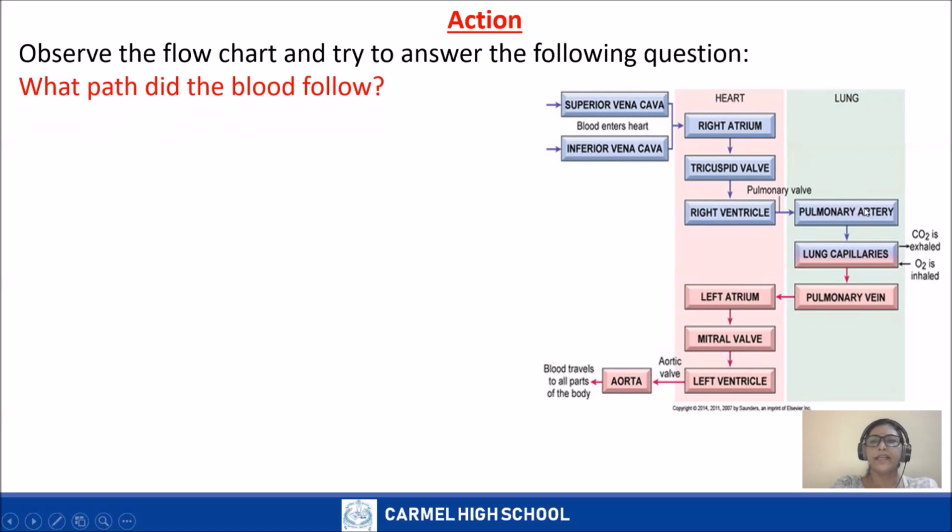In the lungs, the artery again branches and forms a network of capillaries. Through these capillaries, the blood enters the lungs and there is exchange of gases. So carbon dioxide is exhaled, meaning given off, and oxygen is inhaled. It picks up oxygen, takes in oxygen. So thereby what happens? The blood is now oxygenated. It is rich in oxygen. So this oxygenated blood now is